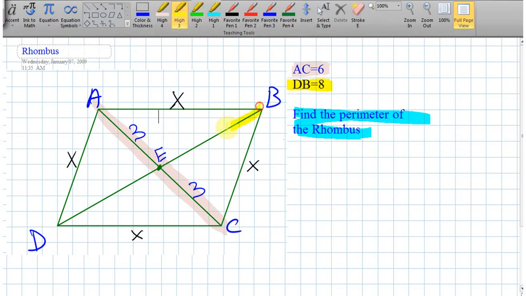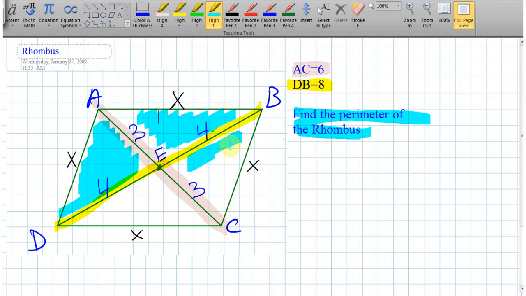Well, DB is this other one in here. And so if that's 8, the same exact property tells us the diagonals bisect each other. That's 4 and 4. Why would I want to chop them up into little pieces? Well, if you truly understand how the diagonals create triangles within a rhombus, you'll see that all 4 of these